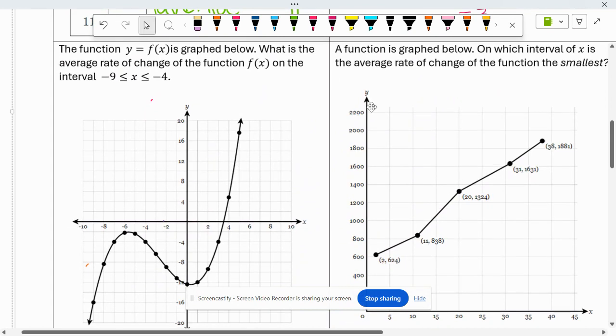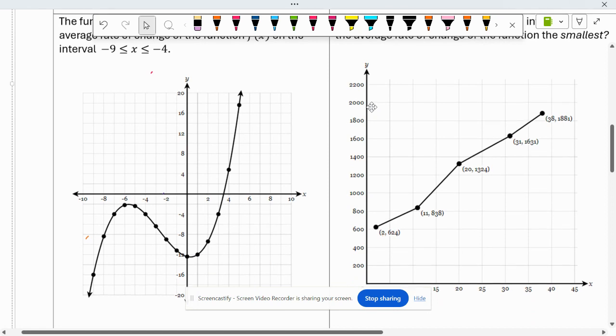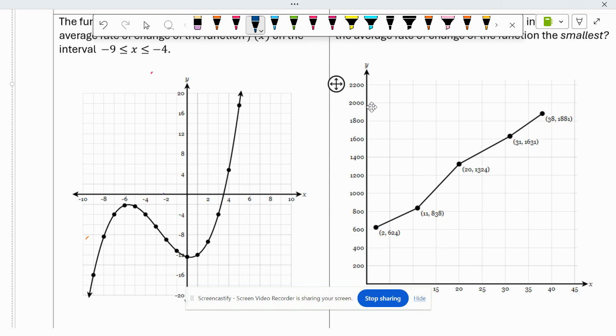It says the function y equals f of x is graphed below. What is the average rate of change of the function f of x on the interval -9 is less than or equal to x is less than or equal to 4? Well, let's just go see where the y is when x is -9. So when x is -9, y is all the way down here. Do you guys see that? And when x is -4,